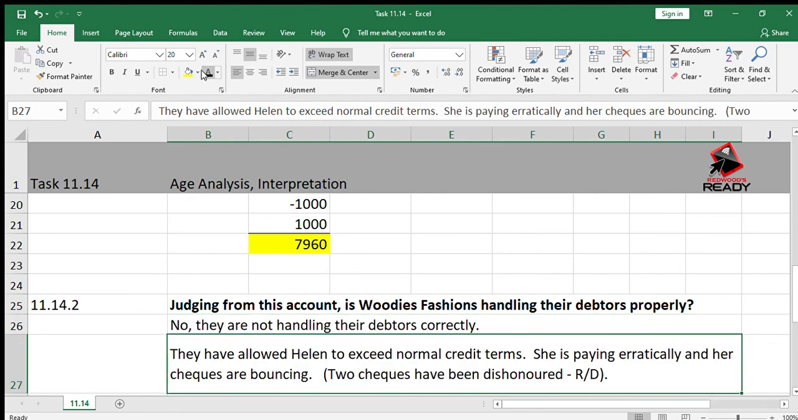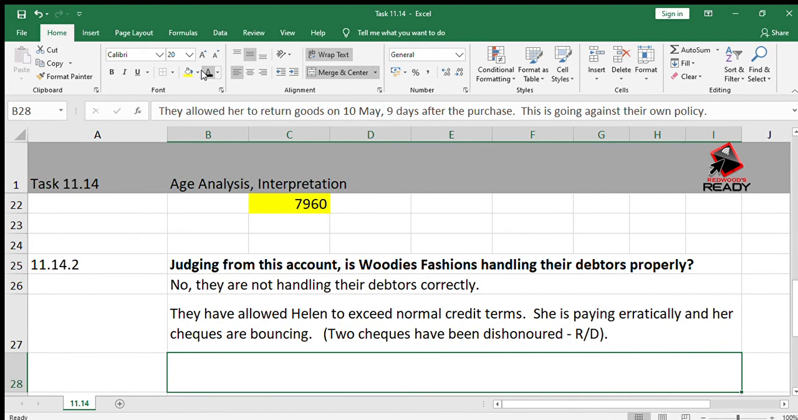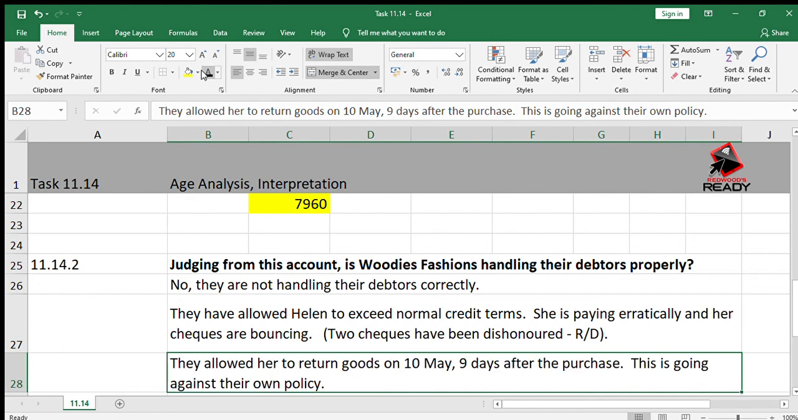They have allowed Helen to exceed the normal credit terms. She's paying erratically and her checks are bouncing. Two checks have been dishonored. Remember, a sign of an RD check is always a sign of a poor payer or bad debtor. So it's something that we need to watch out for. We should also not accept checks from her in the future. They allowed her to return goods on 10th May, 9 days after the purchase, and this is going against their